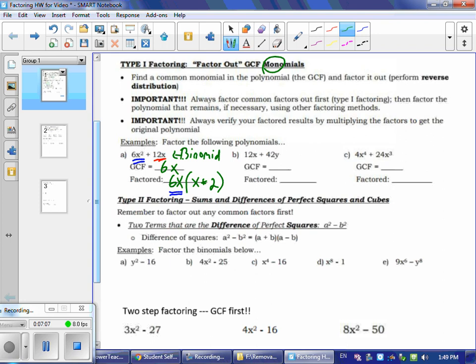6x times x would give you 6x squared. 6x times 2 would give you the 12x. We are reversing the distribution process. So if we look at letter B,